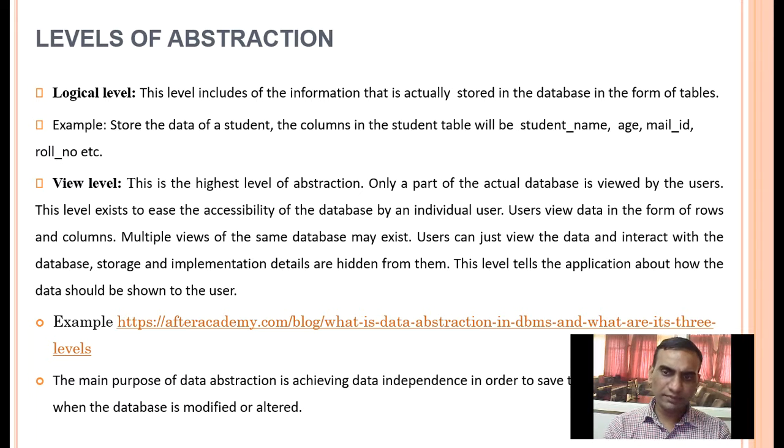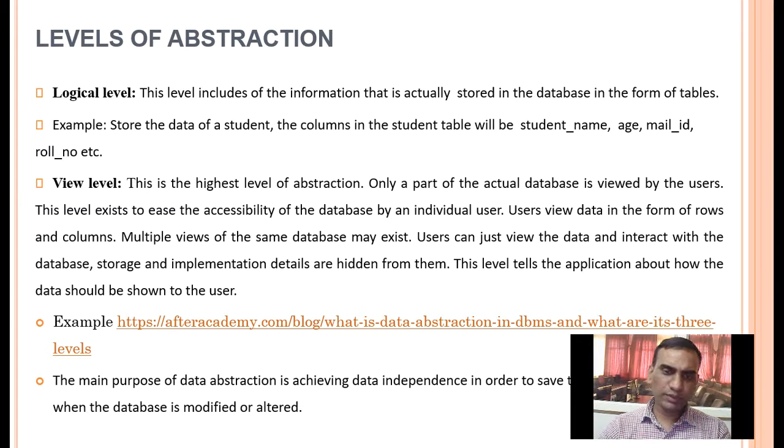Storage and implementation details are hidden from them. This level tells the application how the data should be shown to the user, so at this level the database administrator decides how data is shown to the normal user.